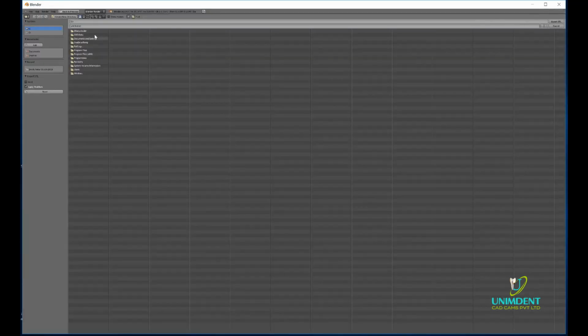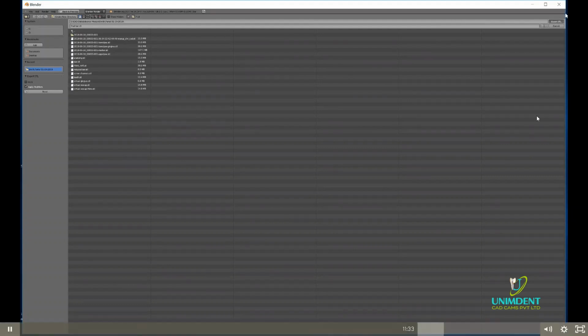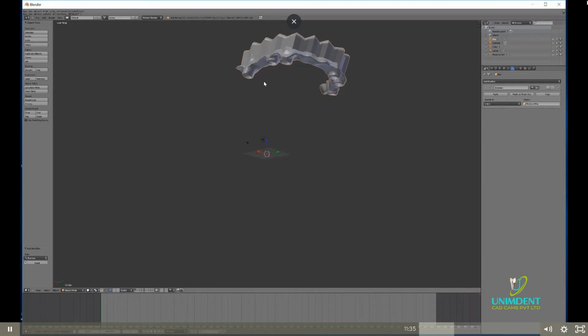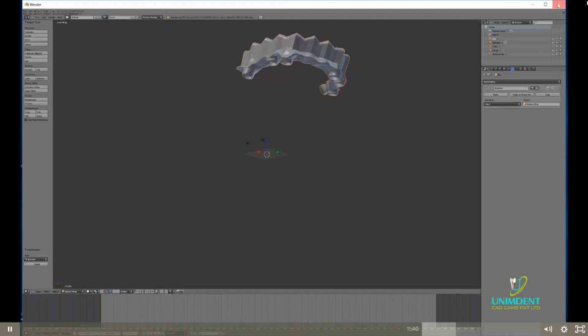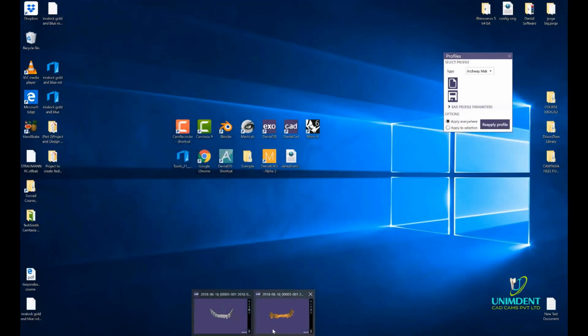Export STL, sorry. Then we go to CAD data, go to advanced mode, and we call it final bar, and then we export. So at this point we can close Blender, we open again our